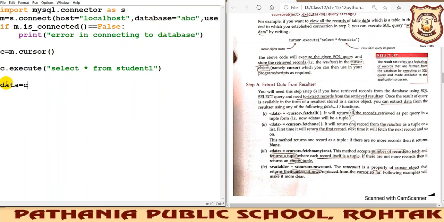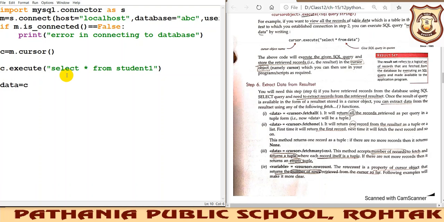Yesterday we created two objects: this is your connection object, and this is your cursor object. The cursor object acts like a pointer, so it will keep on pointing at the database contents, and wherever it points we will use that data to get the results.